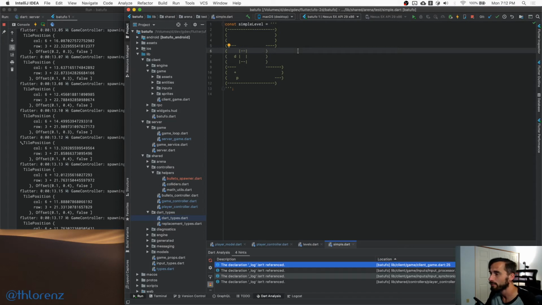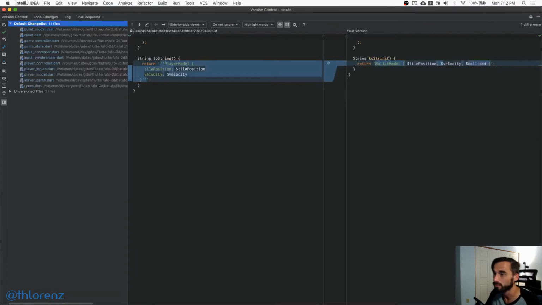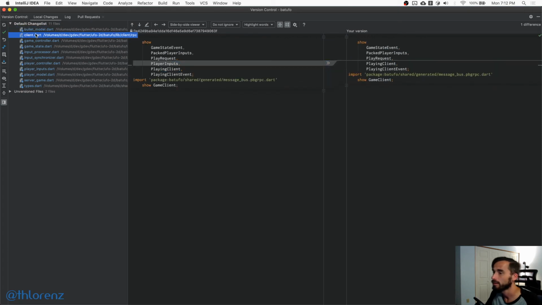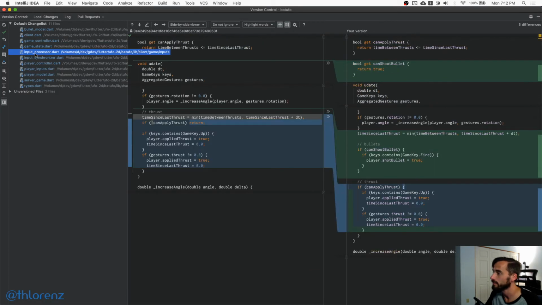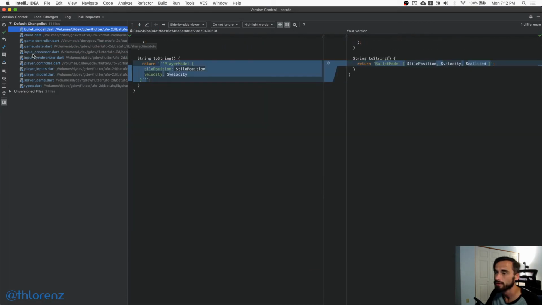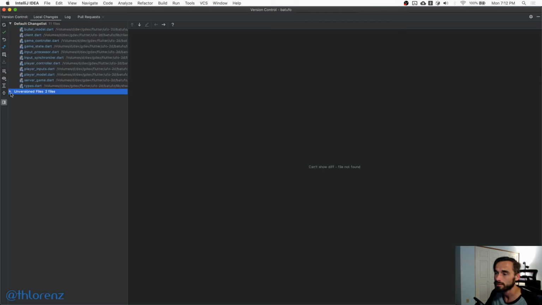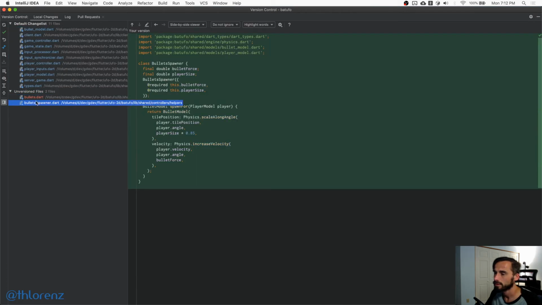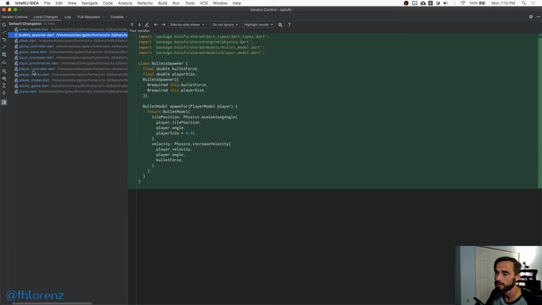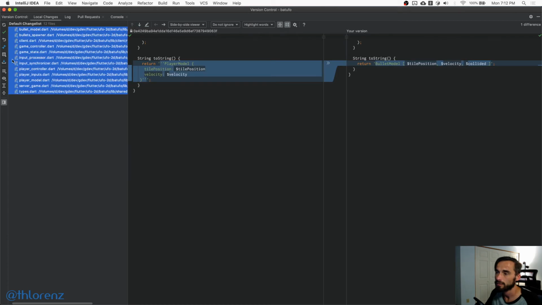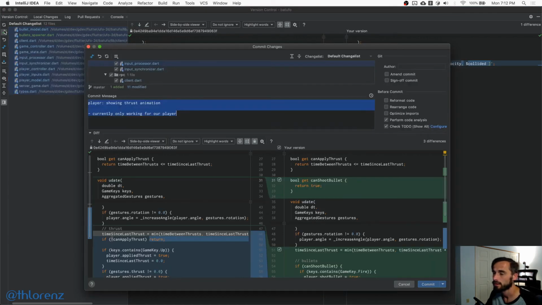But I want to first of all check this in, because this is something that's working. And before we go and change a bunch of things, I want to. So we cleaned some things up too. But mainly this was all related to adding bullets. So I think this is good. We don't have to go through all of these. Is there an extra file? Yeah, we need to actually add these. We renamed this to bullet spawner, so we add this here. And now we just basically will check this in. Bullets spawning